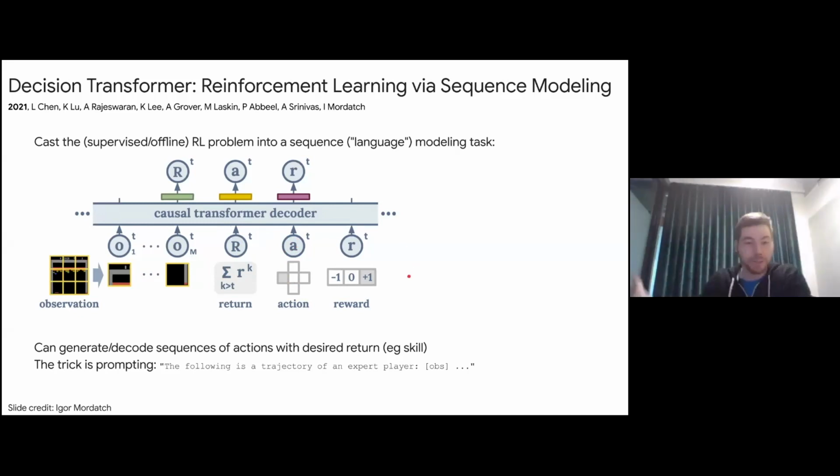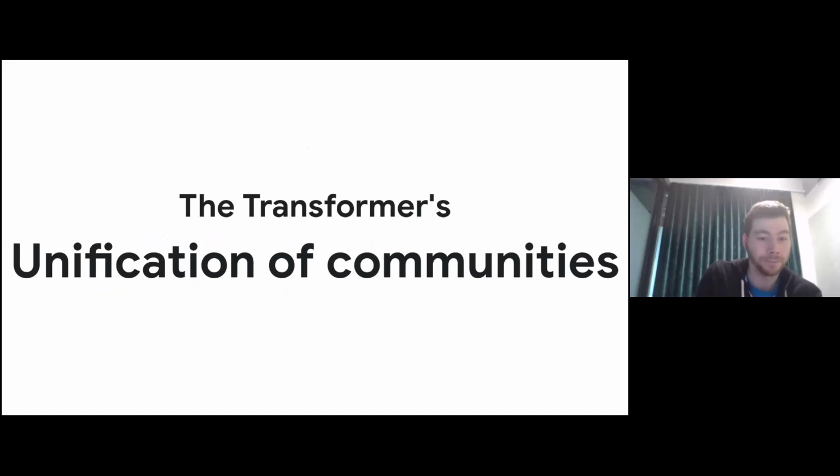Of course, you cannot abuse this. You need to use a return value that actually appears for the good players in your data set and so on. But this is a nice way of using information that you have at training time, not at test time, but you can use at test time to select what behavior you would like, right? And this was called a decision transformer, and it took over offline RL.